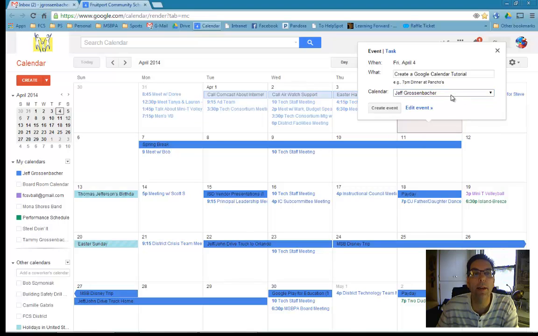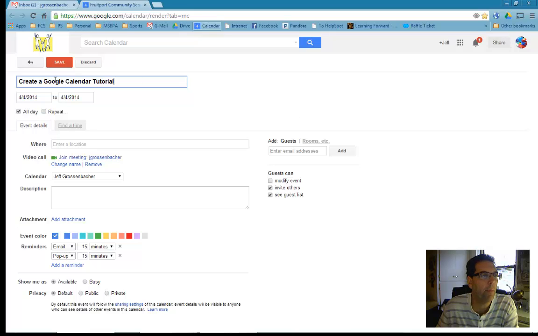So I'm going to leave it right here to go on my default calendar, and the next 2 buttons here are kind of important. This create event here, if I click that, it's simply going to make it an all-day event. Boom, I'll click it, it's on my calendar, I'm good to go. The edit event will let you get a little bit more specific about the event, and that's what we're going to do right now. So I'm going to click on edit event here, and a page opens up,